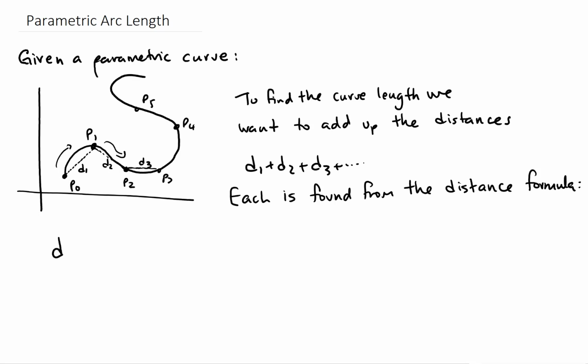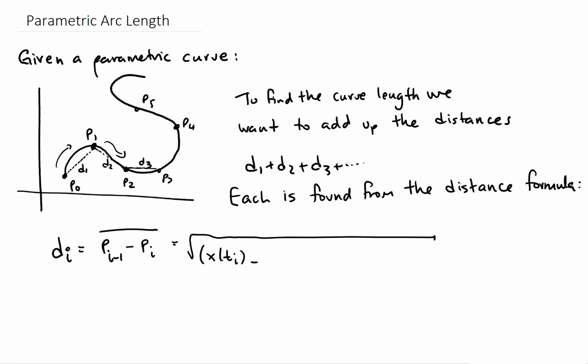So the distance that you have for the ith term is the difference in the distance from pi to the previous pi minus 1. And so you have an x direction and a y direction. We take x at time i, we subtract away x at time i minus 1, and we square that value, and then we do the same for the y's. Well, since